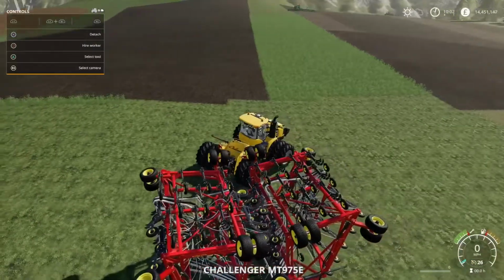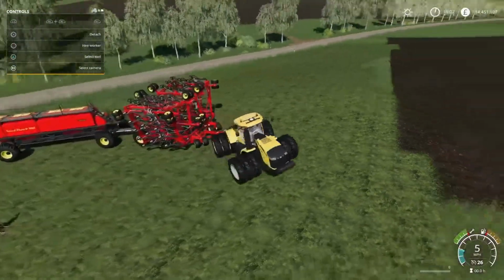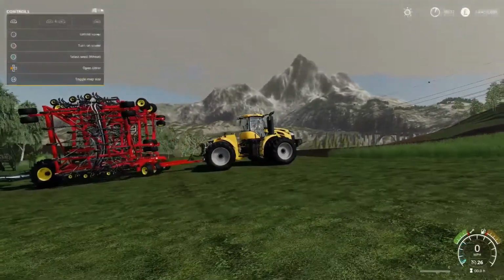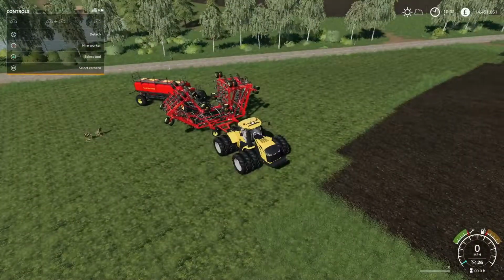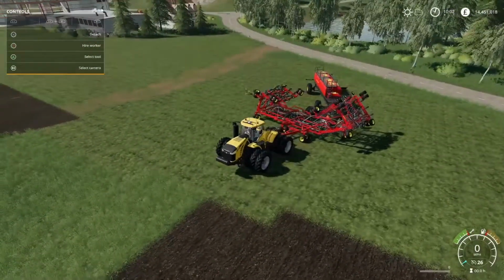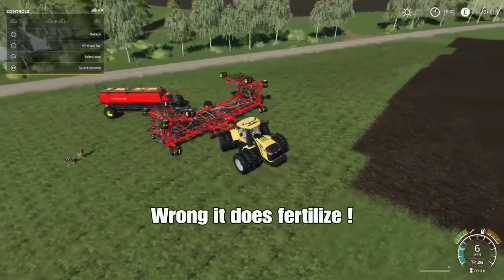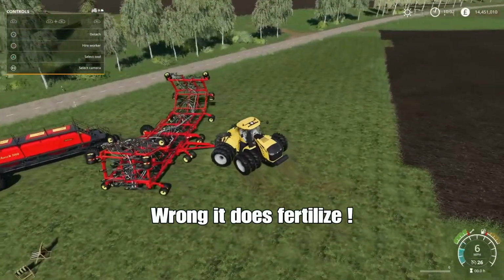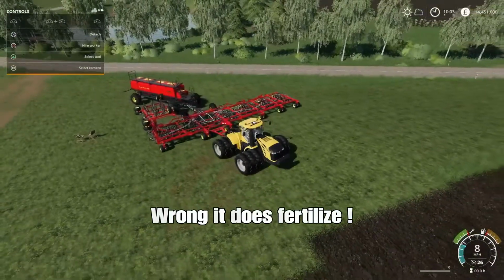Right, we go on to the last one, which is the big boy. This is the biggest one we've got at the moment, and all this unfolds out, and obviously it does need quite a lot of room. I'm using triple wheels on it. Now this one will not fertilise, it is just a seeder. So although it is huge,